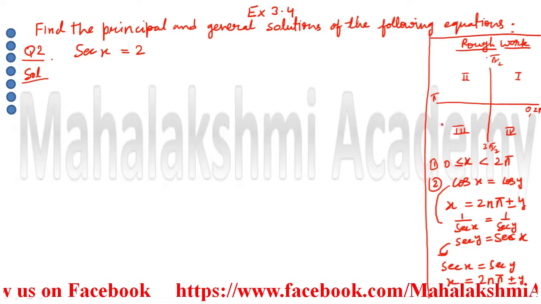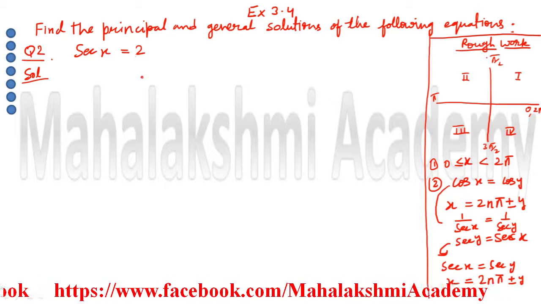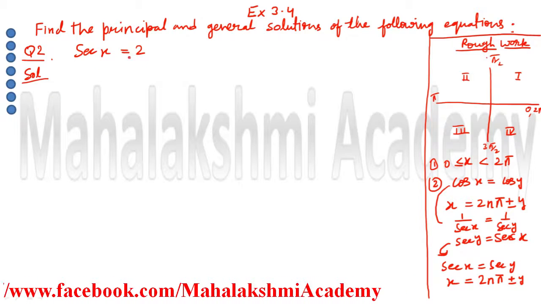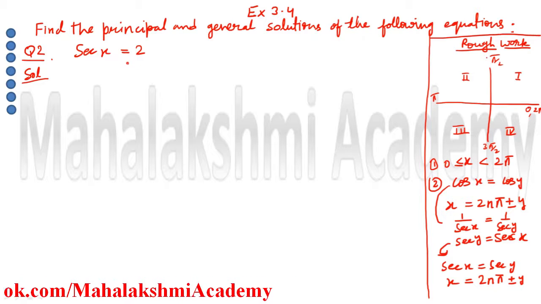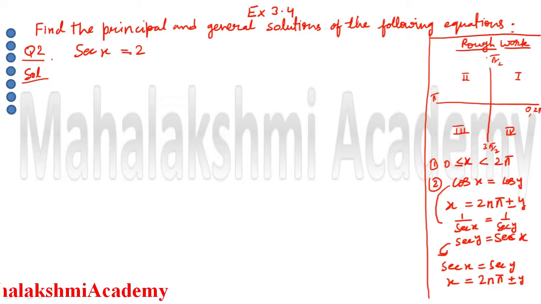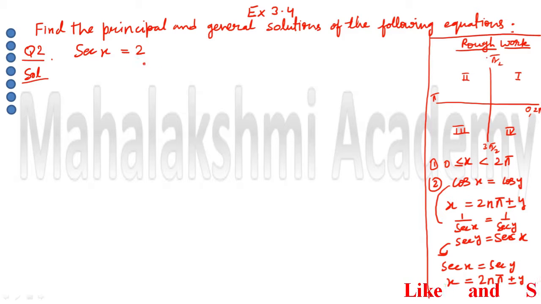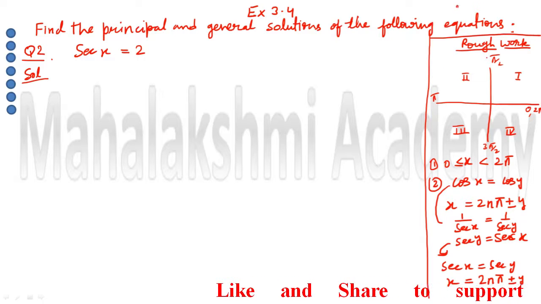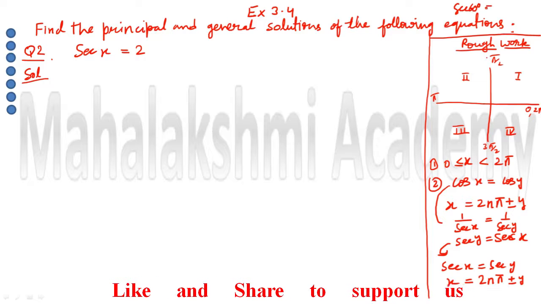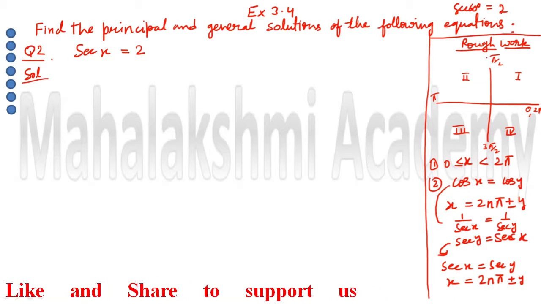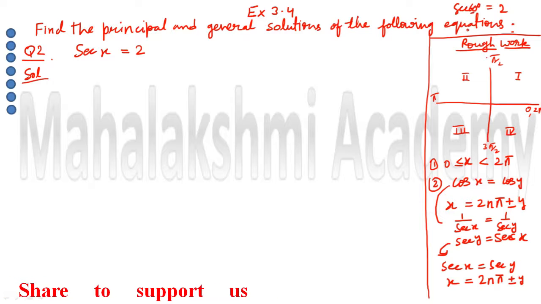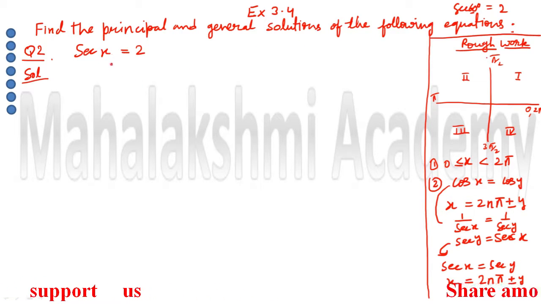For the principal solutions, we have to search for the x which satisfies this. So sec x is equal to 2. We have to think of a trigonometric angle where sec is 2. So you know that sec is 2 at 60 degrees, because from the 10th class trigonometry table we know that sec 60 degrees is equal to 2. Since sec 60 degrees is equal to 2, and 60 degrees means pi upon 3, the value of x we are going to get is pi upon 3.